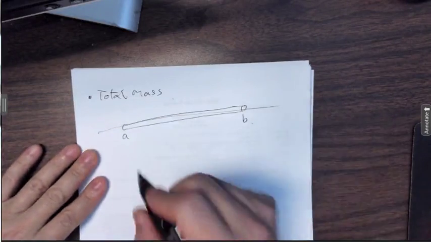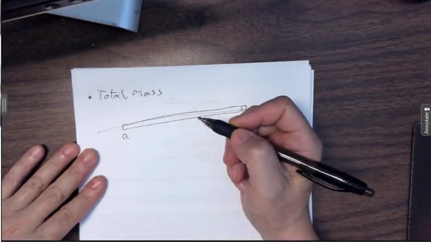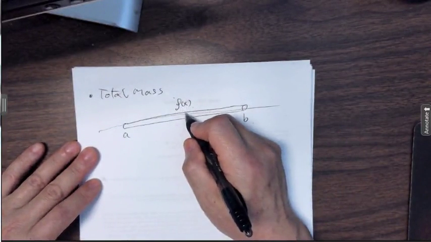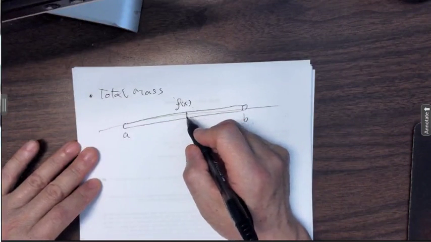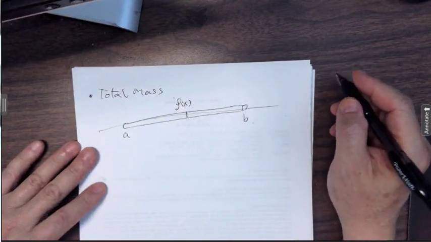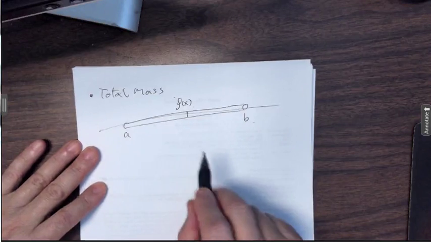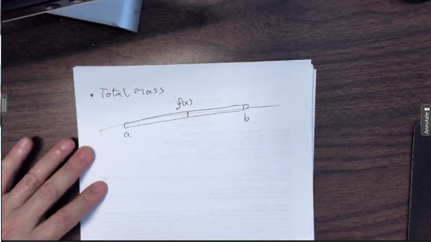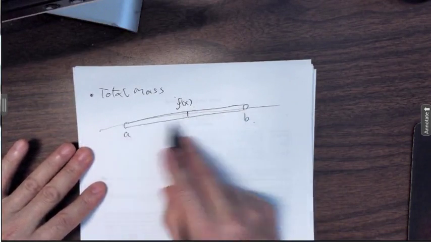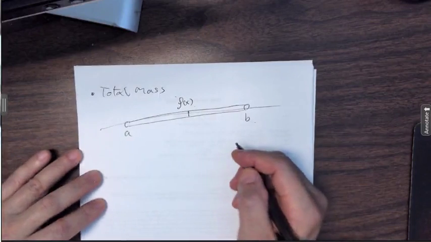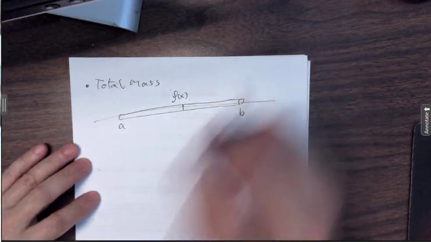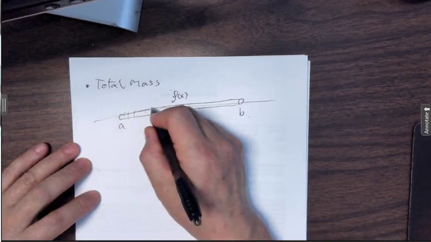Well, suppose we know the density distribution function, rho x, meaning at each location the density is mass per unit length. The question is, what's the total mass of this long thin rod? Since the density varies from point to point, it's impossible to directly calculate the mass. What we do is slice this rod,